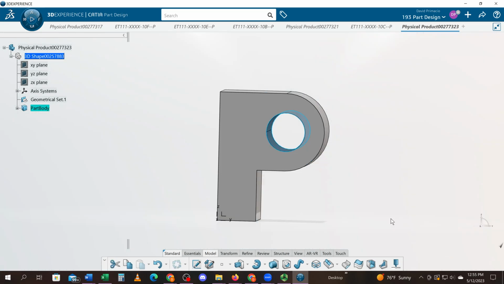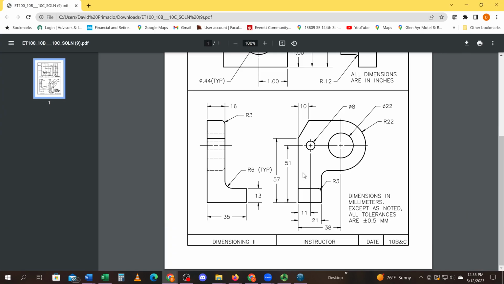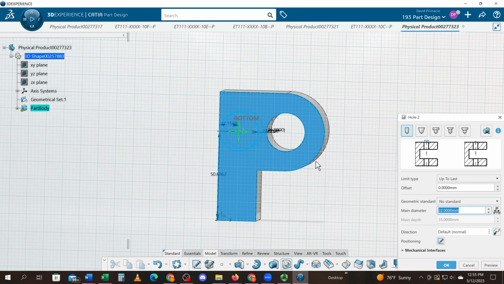Select OK. And then I'm going to create another hole from this edge to this edge on this face, and that's going to be 11 millimeters horizontally and 51 vertically at 8 millimeters diameter. So 8 millimeters,